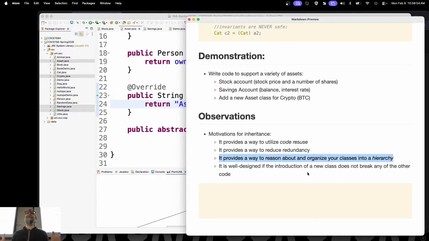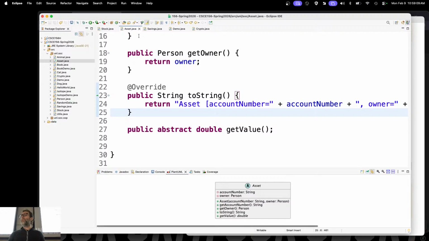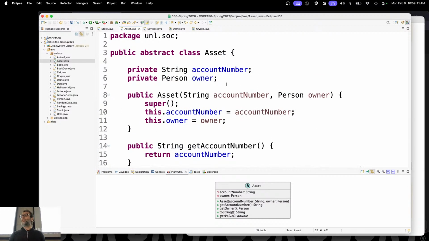We have hierarchies everywhere. Just why? Because we need to organize code. We need to organize things. It is well designed if the introduction of a new class does not break any other existing code. We'll talk about this, for example, what if over here in the asset class, instead of having subclasses,